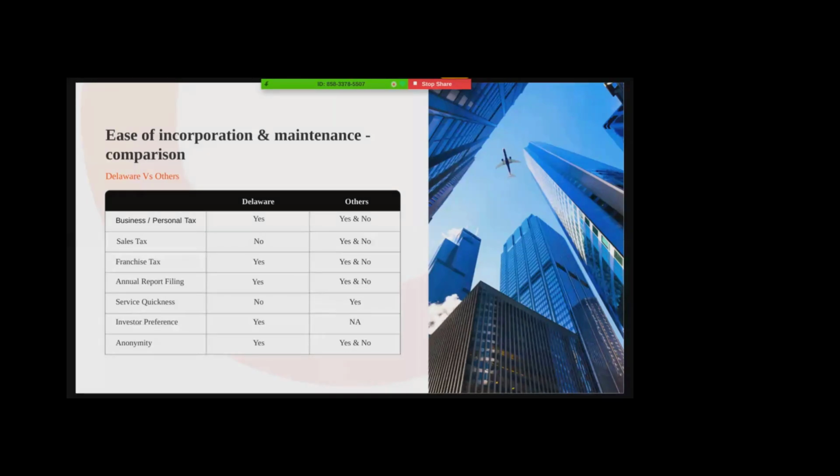Now, at the IRS federal level, we don't have to worry because all the 50 states are treated as one state for federal, so we don't have any issues there. You are a Delaware company, you hire a consultant in New Jersey, and you pay him the salary. Then you have to pay the employment taxes as per the rules of New Jersey, where the employee is resident, located at. That is the most important part here.